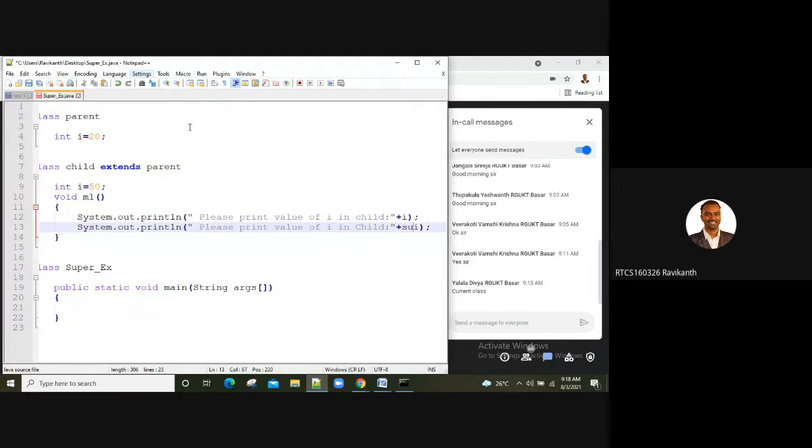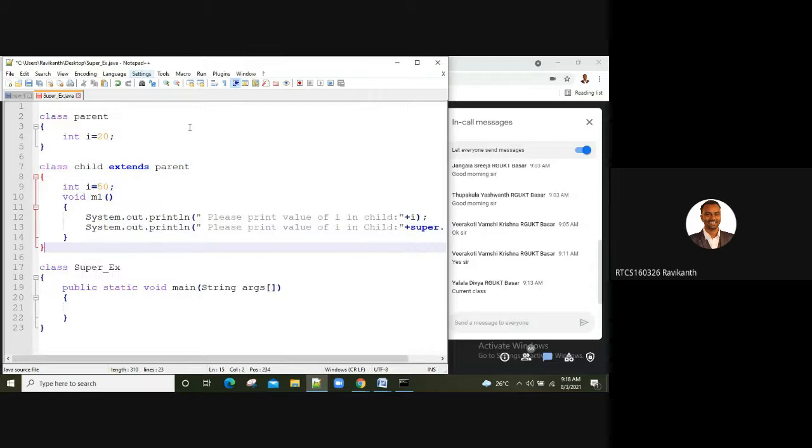So here I'm telling super dot i. Now to which class do I have to create an instance, guys? Yes, I have to create it for the child class: Child c equal to new Child. Then I want to call my method which is there in the child class, c.m1.